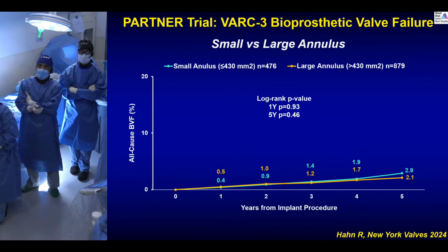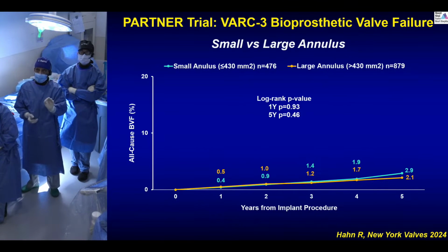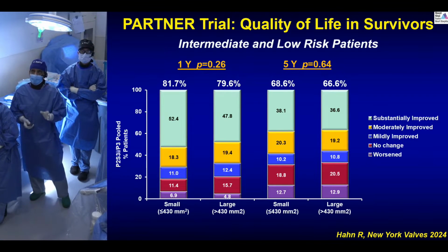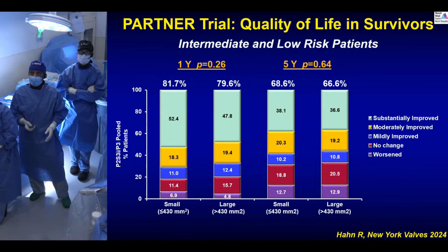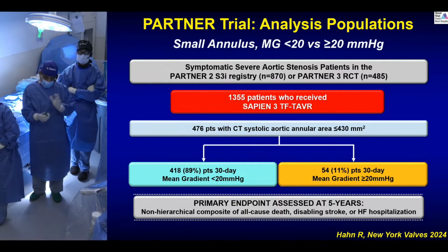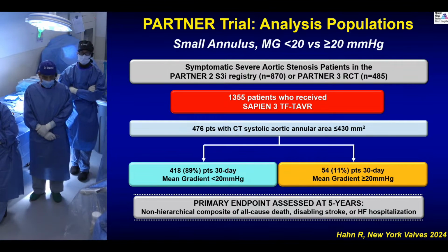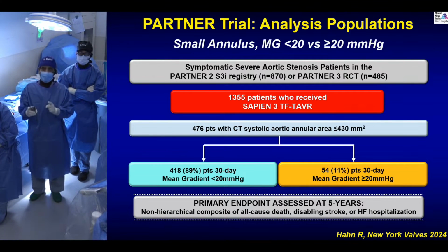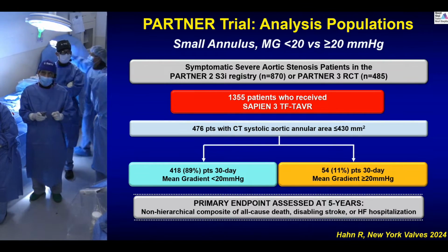As you can see there, bioprosthetic valve failure, BVF, at 5 years, small versus large annulus, no difference, as shown in the trial, and the same is true for quality of life in survivors. Clearly, with a small versus large annulus, all do quite well at follow-up. So basically, it looks very good from the hemodynamic point of view from the SMART trial, that in the small annulus the self-expanding valve got better hemodynamics, but whether it will translate into clinical outcome needs to be seen. But if we look at the data of the PARTNER trial with a balloon expandable valve, the answer